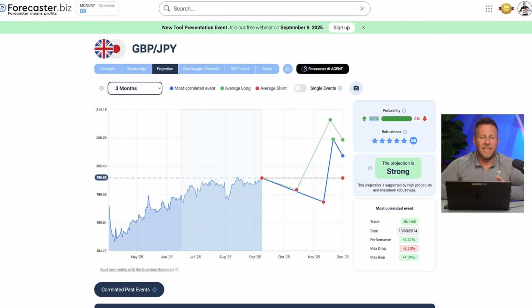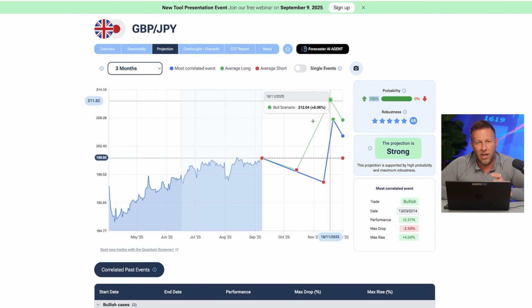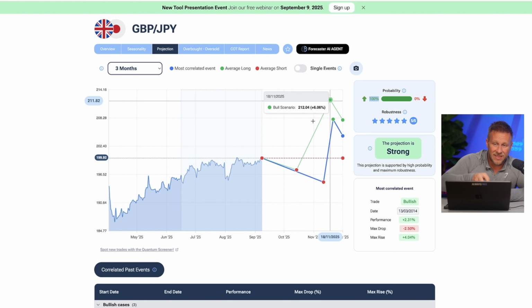So as I said, this tool is out now. I highly recommend you go and play around with it. This is going to be a game changer. You know, this is going to put you way ahead of 99% of retail investors, retail traders, because you've got such an edge. All trading is pattern recognition and then discipline to stick to a consistent plan. If this is doing your pattern recognition for you, all you need is a consistent set of rules to go in, pick the best setups, and you're away. So I hope that's helped.